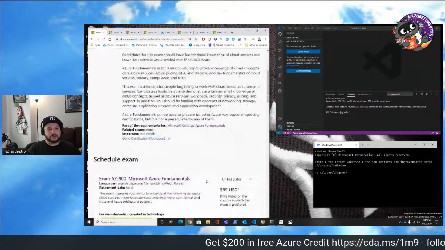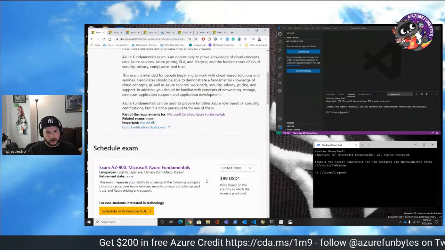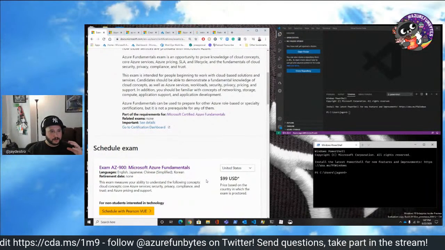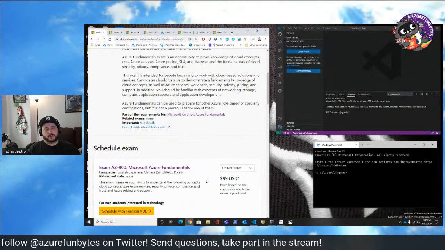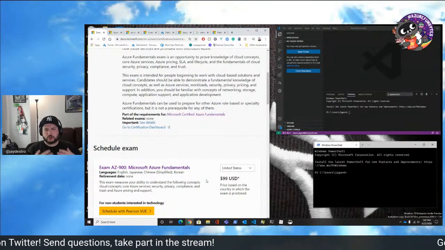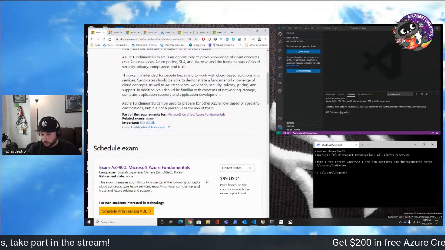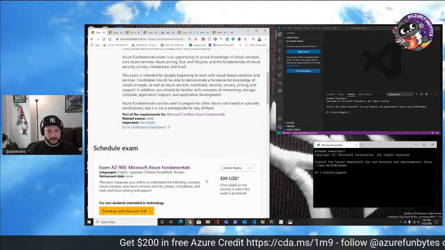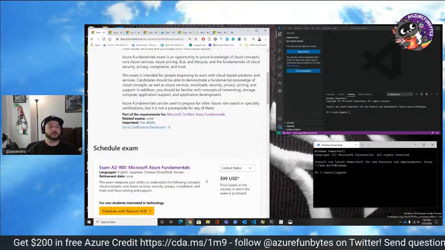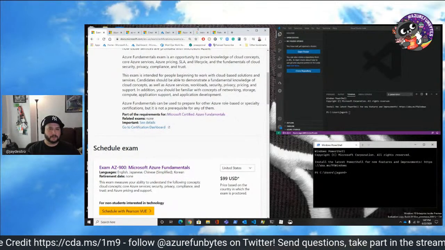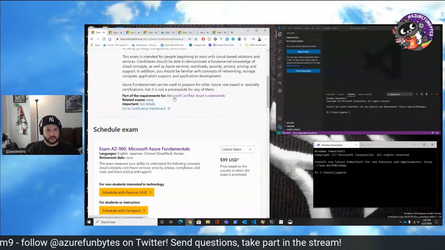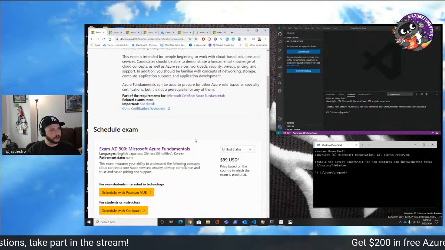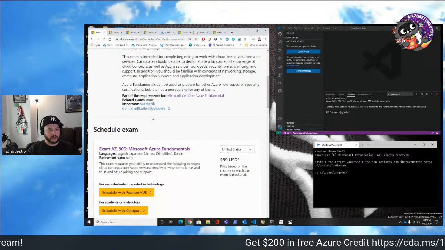It really helps whether you're working somewhere now and you just want to show off, the thought is that you can show someone that you're working for or someone you want to work for that you've taken the time to educate yourself around the fundamental skills that come along with using Azure. So part of the requirements are the Microsoft Certified Azure Fundamentals. Now, that's a learning path on Microsoft Learn. I will share that with you as well in the link.